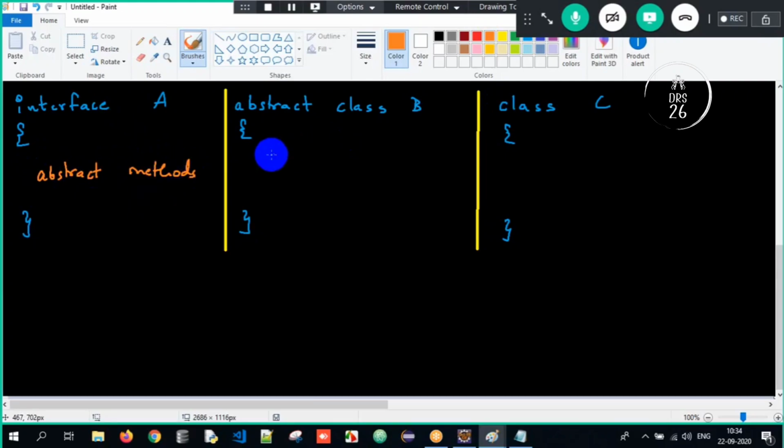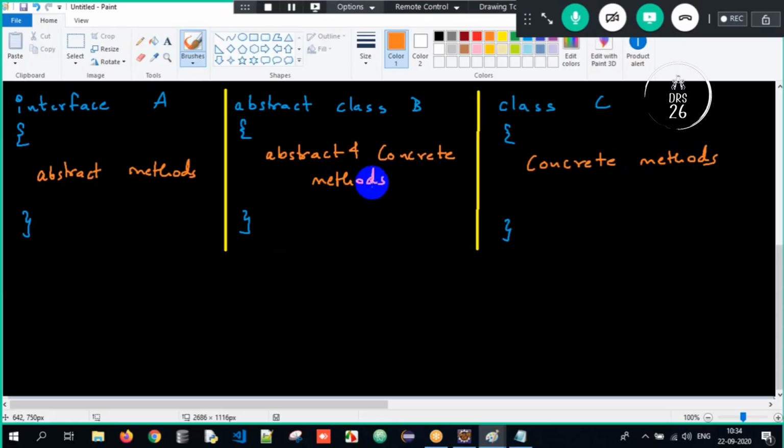Abstract class can have abstract and concrete methods, and concrete class can have only concrete methods. Correct?